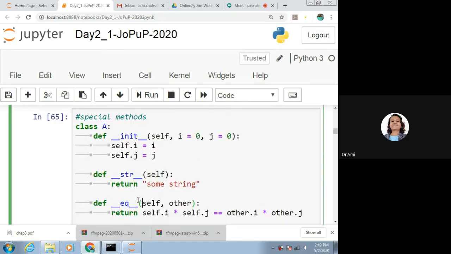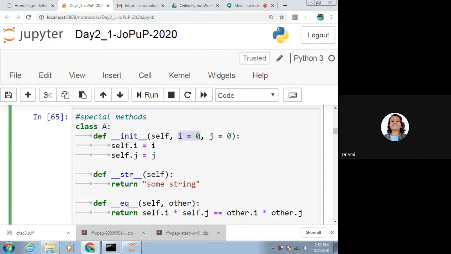Let's see the program. Class A, def __init__(self, i=0, j=0). Till now we were not using something like this. It is because here we are giving default values.